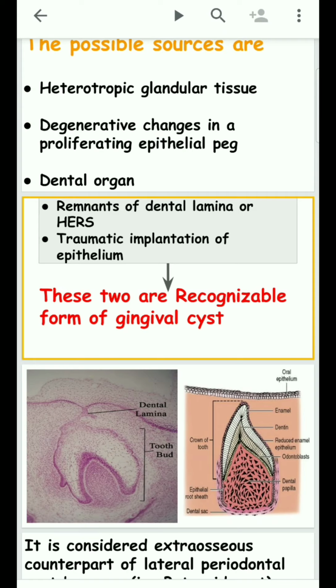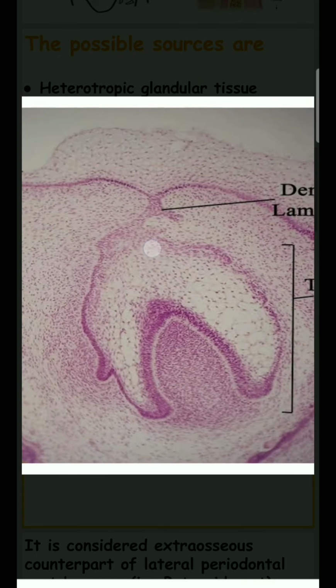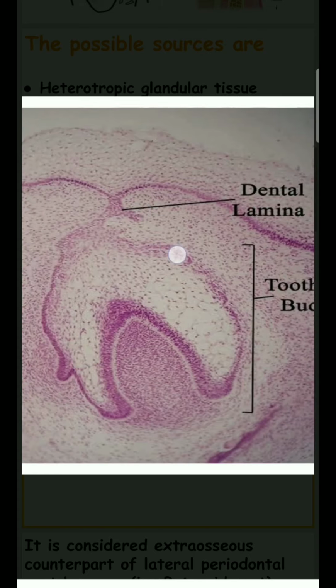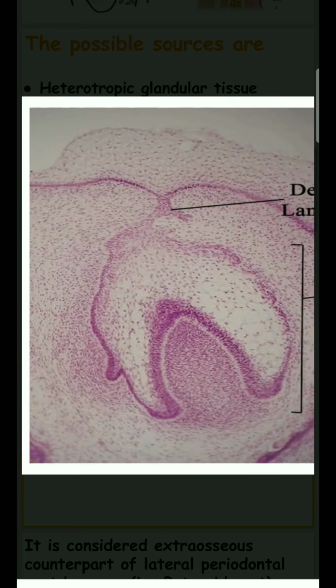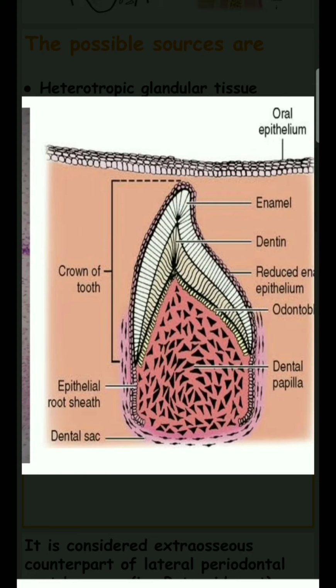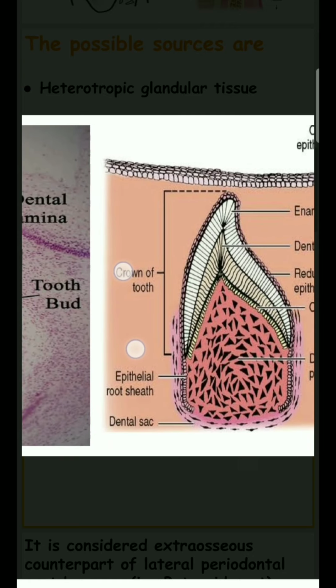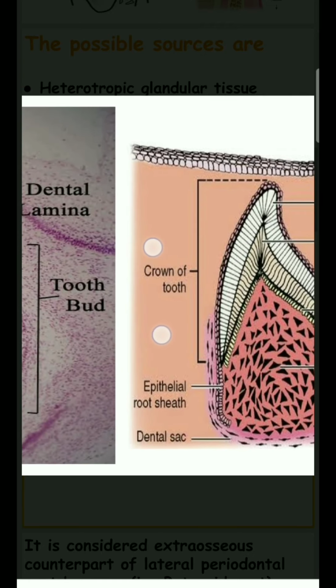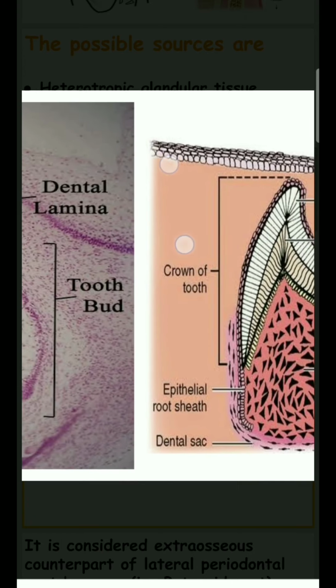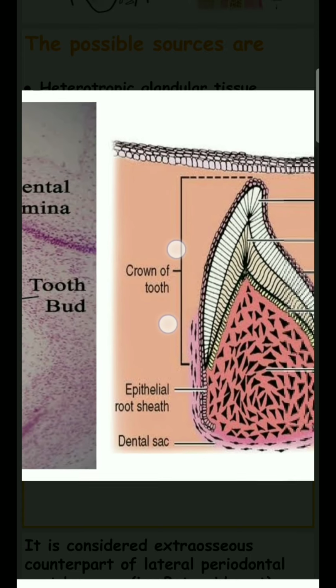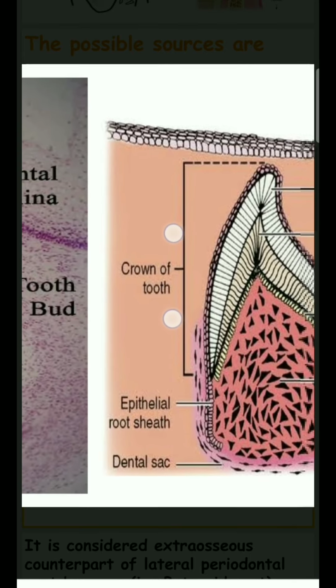What is dental lamina? The dental lamina lies above the tooth, but after tooth eruption it later disappears. But in this case the dental lamina is prolonged and leads to the formation of a cyst. Hertwig's epithelial root sheath is a compartment that gets separated from the root portion and is filled with cementum-like material and leads to the formation of the root. Normally the compartment of Hertwig's epithelial root sheath disappears. But in this case it does not disappear and is prolonged, leading to the formation of a cyst.